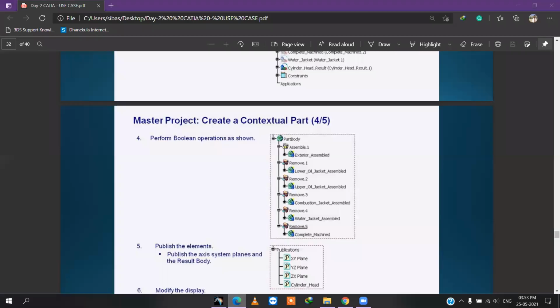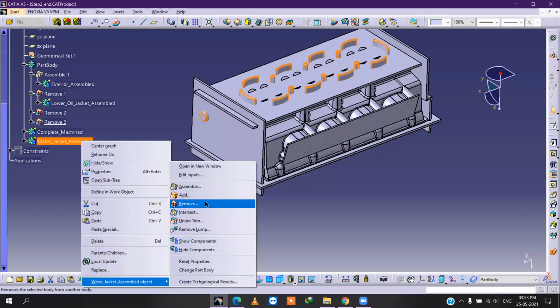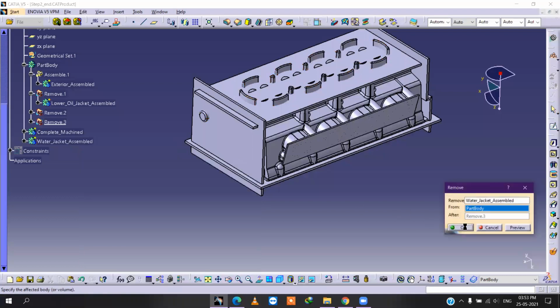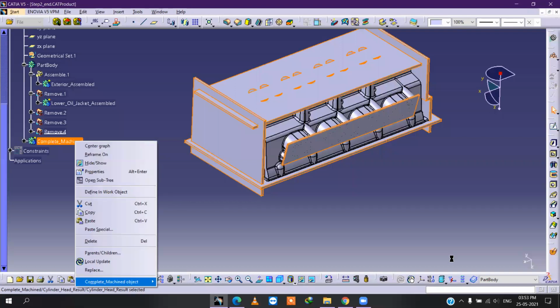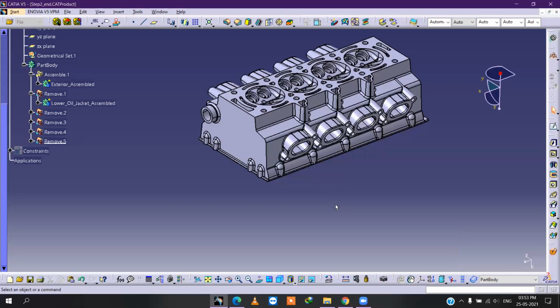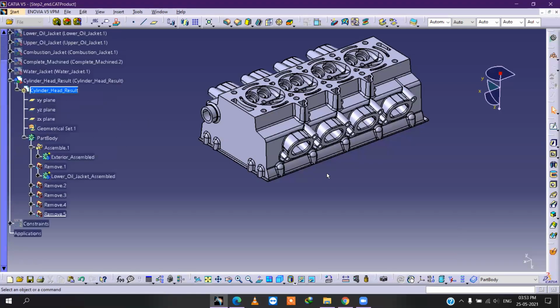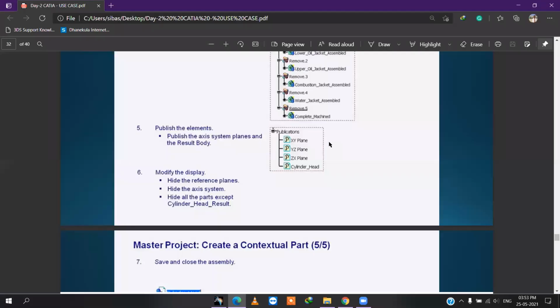After that, water jacket assembly, right click, Remove from the part body. Okay, after that, last, complete machine, same remove. Okay, see, wait, it is loading. The product has changed after performing the Boolean operation. See here, like this.